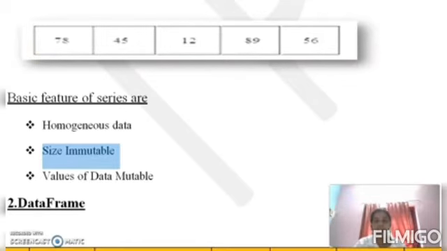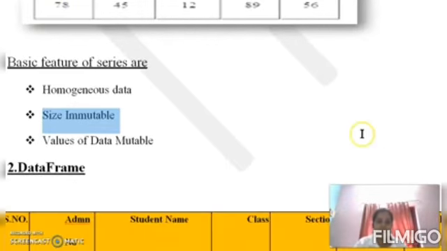So these are the three features of a series: homogeneous, size immutable, values of data mutable. Here the value 78 is in the first position, which is denoted by the 0th index. We can change this 78 to any other integer.